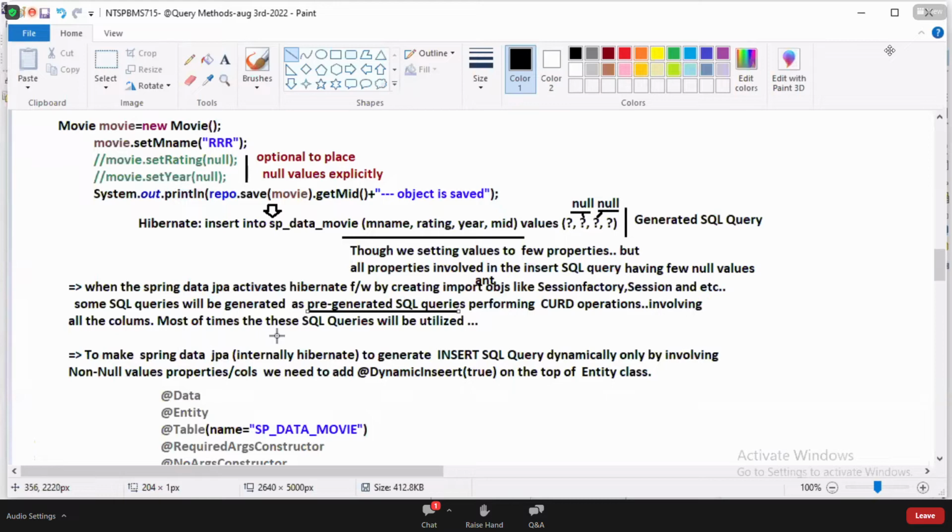Most of the time, these SQL queries will be utilized. Tell me, this is the existing behavior, guys.